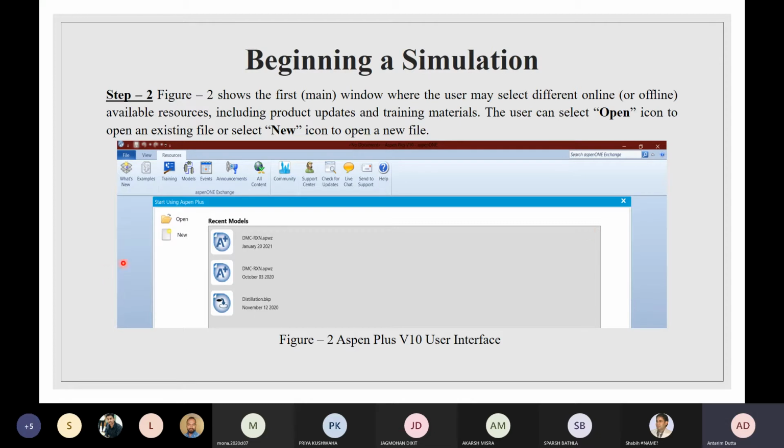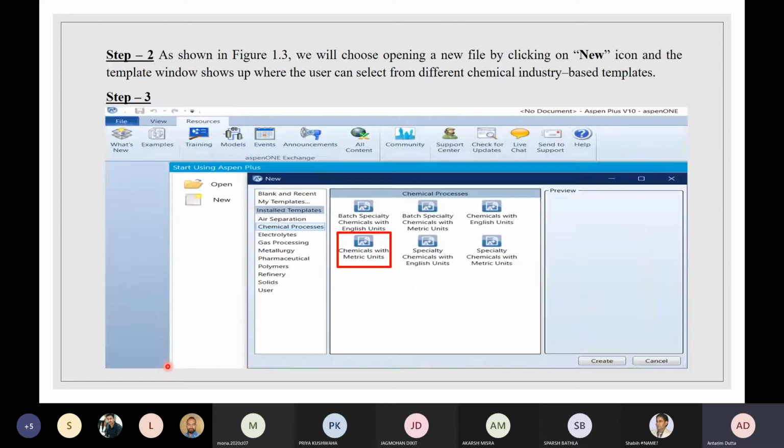Suppose that I'm here to create something new. So I will click on this particular New option. After clicking, this dialog box will appear in front of us. It will ask us to select a template. You can select any, depending on the type of work you are going to do, depending upon the type of chemical or the type of material you have. You have to be very specific for that, and you can select your template accordingly.